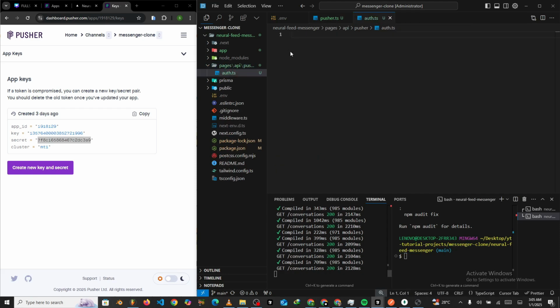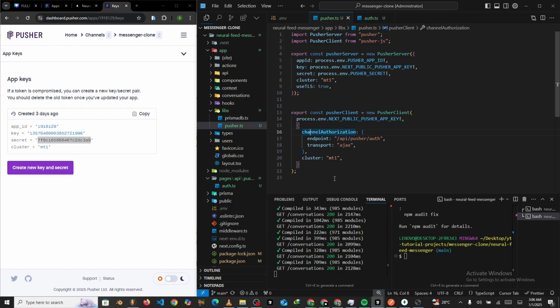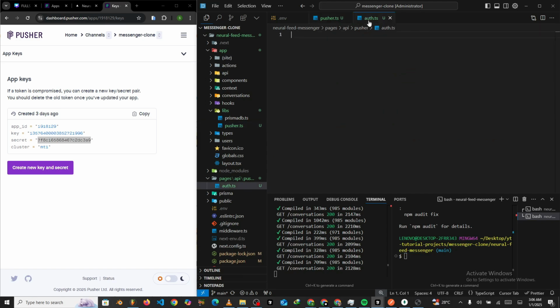Alright, so the reason why I used the autocomplete for the previous one was because it was pretty much a common practice. So I didn't want us to waste too much time doing it, right? So you can just look at it and make sure that everything is intact, and then we can quickly move forward. All right, so inside our auth.ts, this is one of the things that is going to allow us to do quite a number of things, most especially when we are trying to check for the active users. All right, so now that we understand how this is going to help us, let us quickly do our